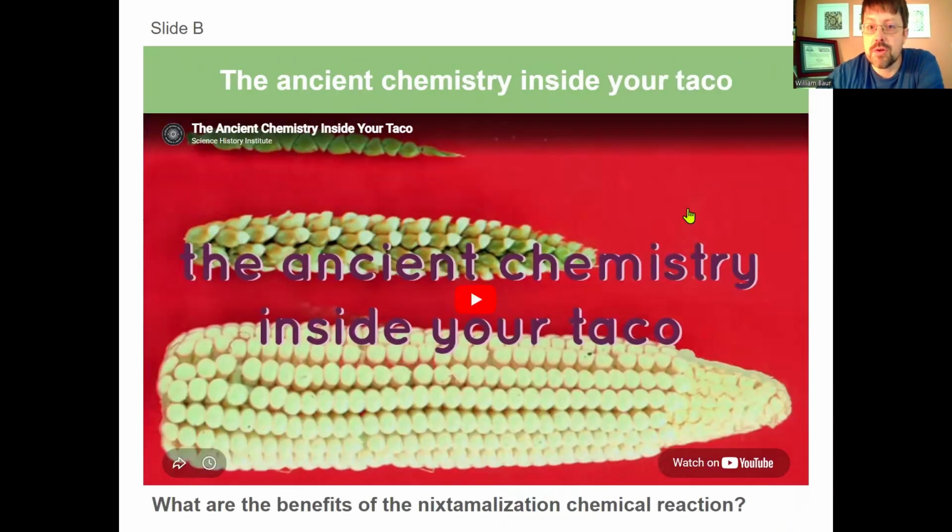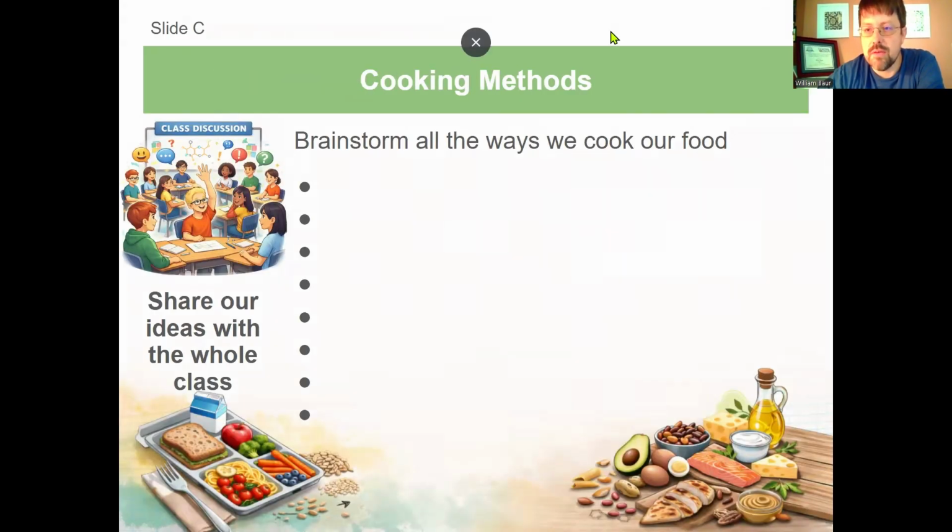So to get thinking about cooking methods and how it might change the nutritional value, we start with this example of nixtamalization, and how indigenous practices of cooking corn with lye would help break down the corn and make the proteins more biologically available. At this point, they've seen an example of how cooking can change the biochemistry of the food